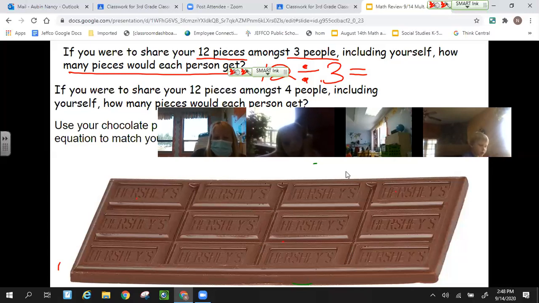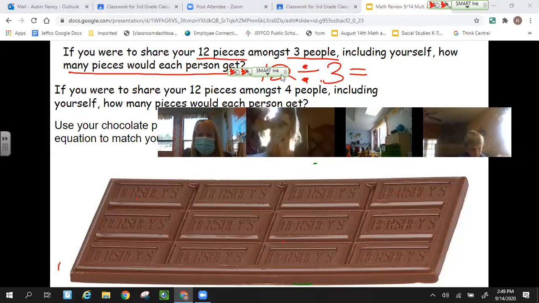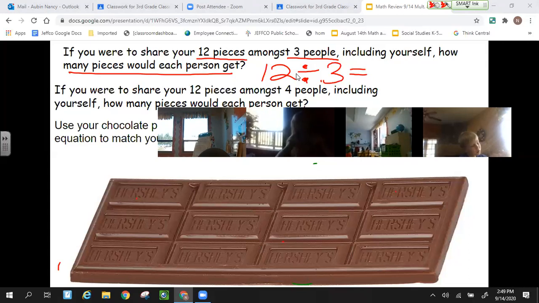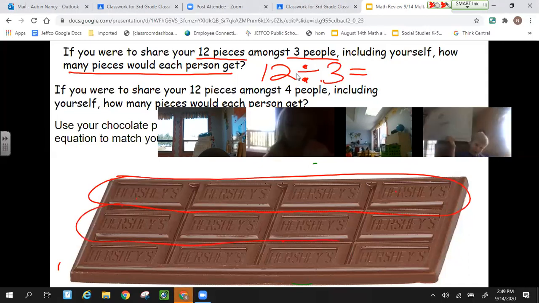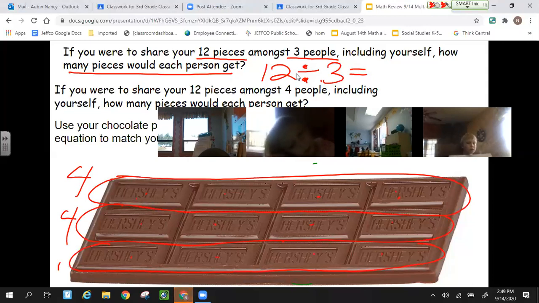Haley's got it. Good job, Haley. Nice. Well, let's look. If we were going to divide 12 total, there's 12 here by 3 people. I could even look at my 3 groups again, right? Here's 1 row, 2 rows, 3 equal rows. I know I'm gonna be able to get 1, 2, 3, 4 for this person, 1, 2, 3, 4 for this person, and 1, 2, 3, 4 for this person. You should have gotten 12 divided by 3 equals